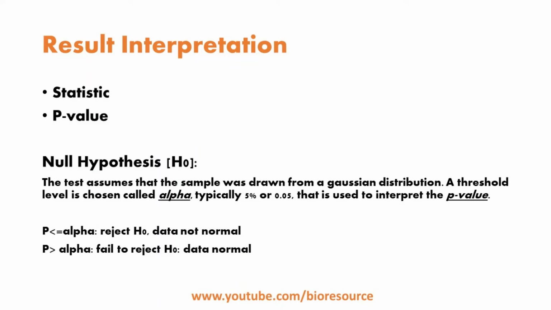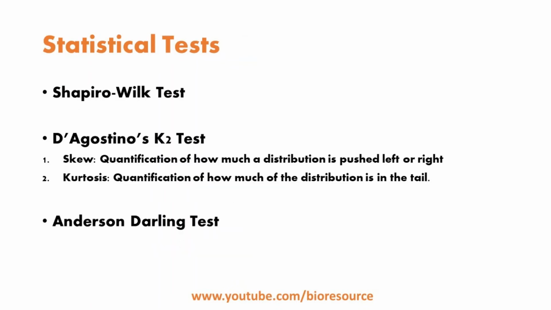Now let's see the different types of statistical tests. I will not go very deep into this. There are many tests available to analyze the data. The most commonly used tests are the Shapiro-Wilk test, D'Agostino's test and the Anderson-Darling test. The Shapiro-Wilk test evaluates a data sample and quantifies how likely the data was drawn from a Gaussian distribution. It is named for Samuel Shapiro and Martin Wilk.